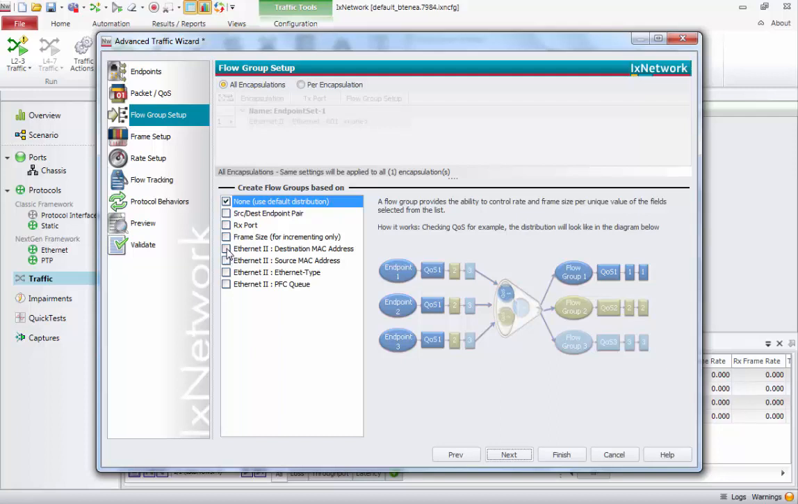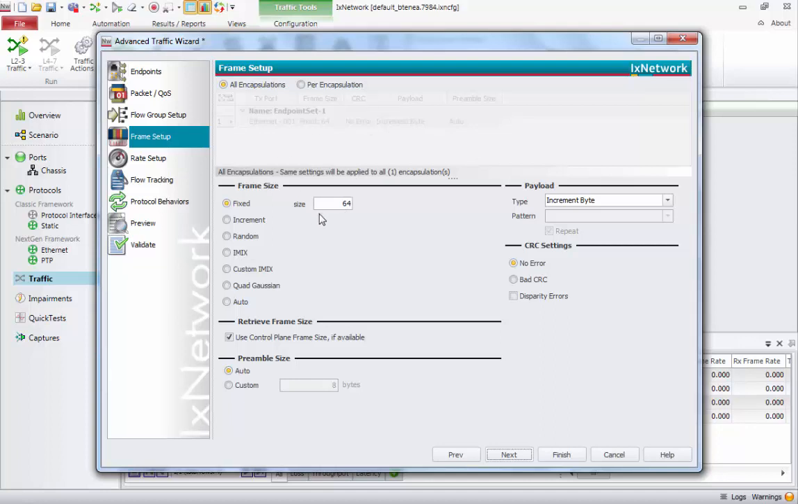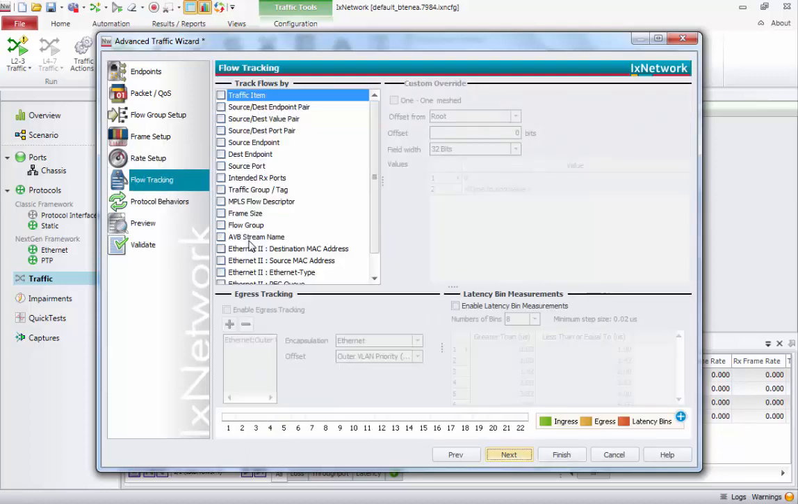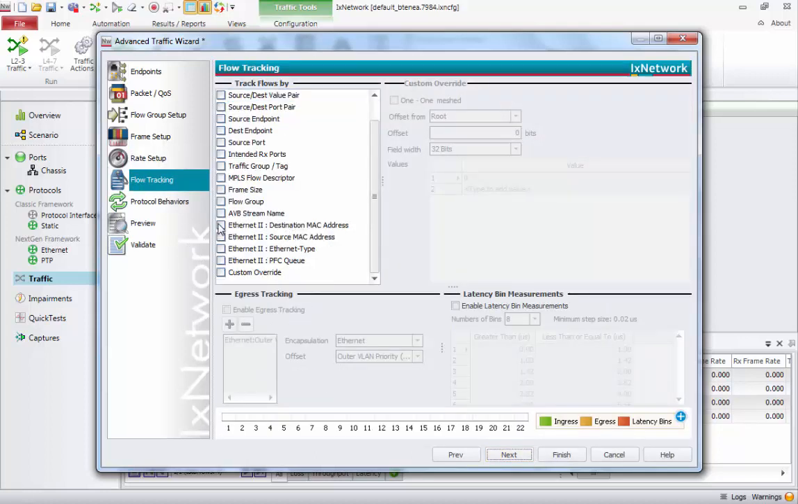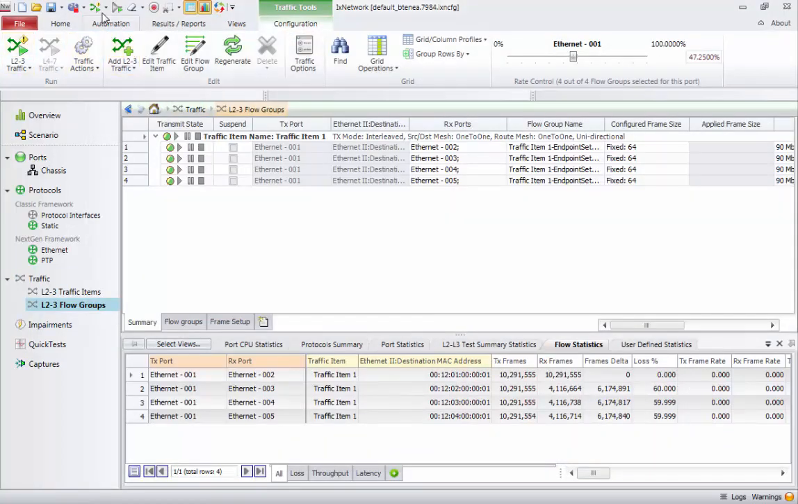monitor the flows by the destination MAC, set a frame size of desired length, and put this as, let's say, 90 megabits per second. Track the flows by destination MAC, and we're at this point good to go. Now we simply start the traffic,